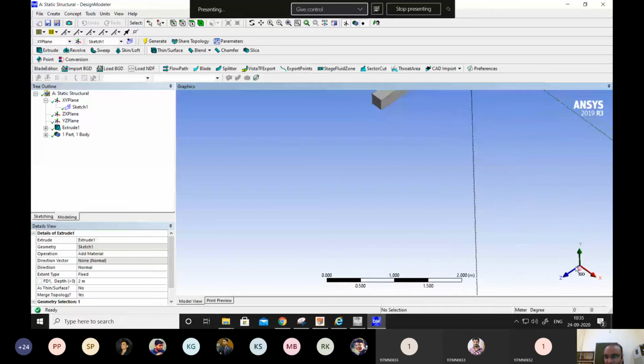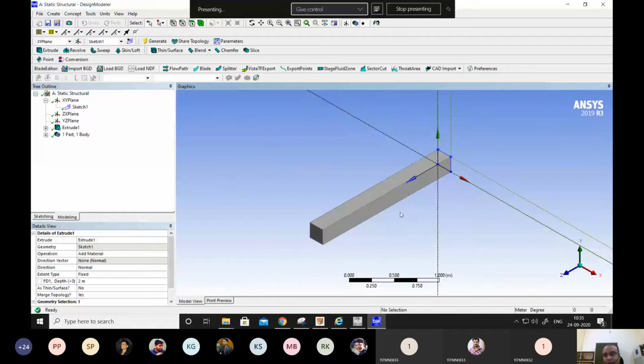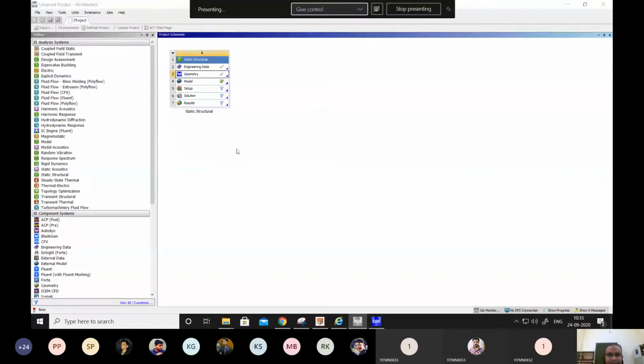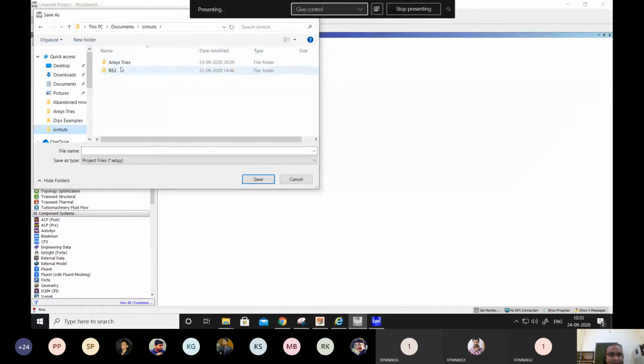Very simple for now, but what we are doing is now in 3 dimensions. So this was the geometry part, and it's easy to do that. Let's save this so that we don't lose it. And then let's continue further.